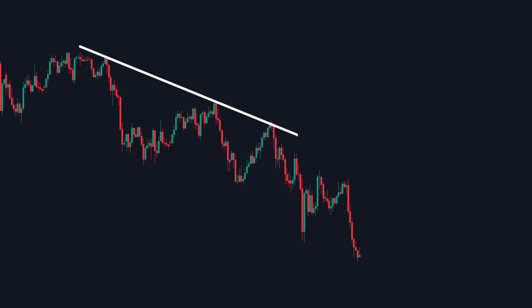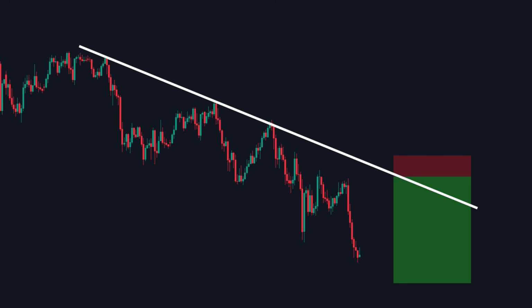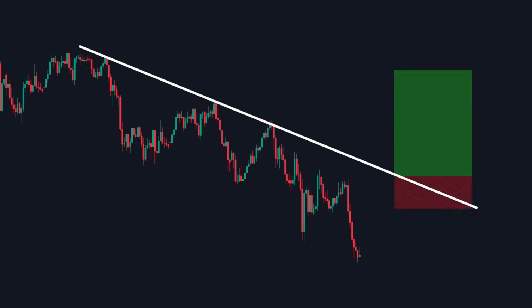Here's the scene. Downtrend, clean descending trend line, 3 touches. There are 2 types of traders staring at this exact line right now. Trader number 1 sells every retest, stop just above the line, textbook. Trader number 2 waits for the break because he's been taught that a trend line break means the trend is over. So when price pushes above the line, he buys the retest, expecting a new uptrend.